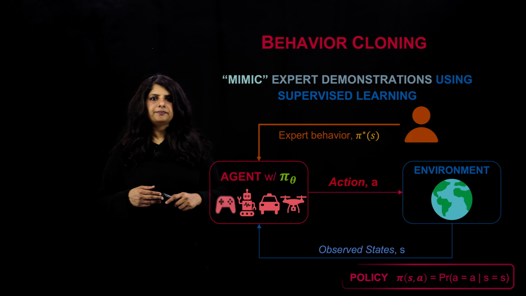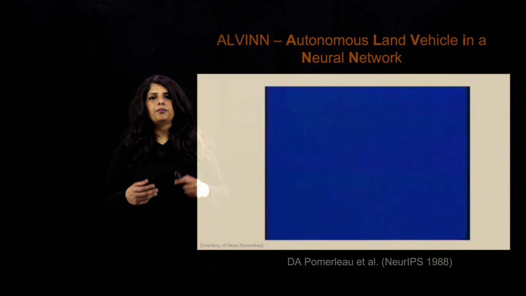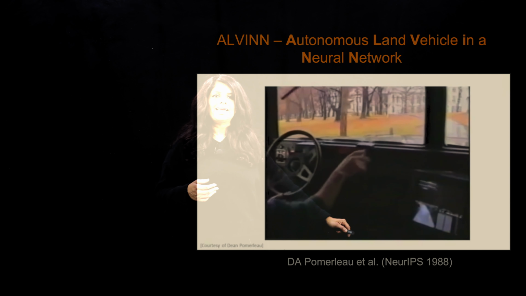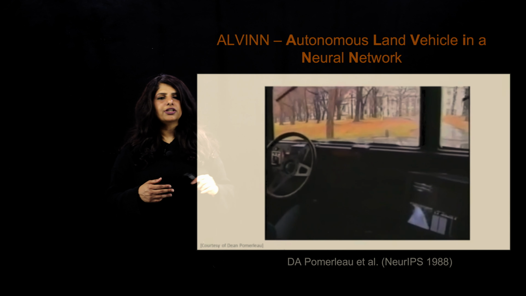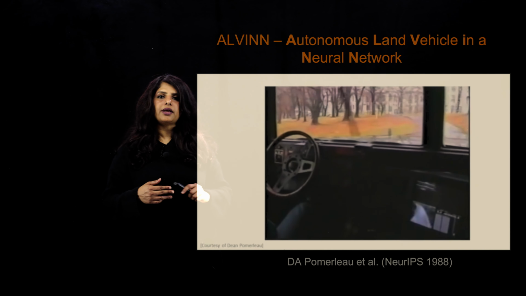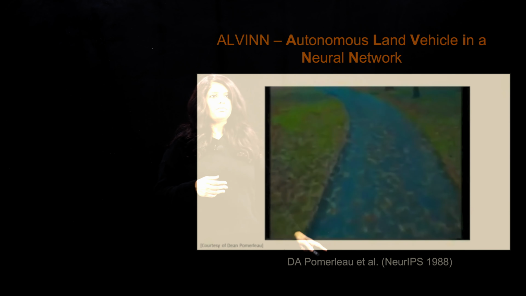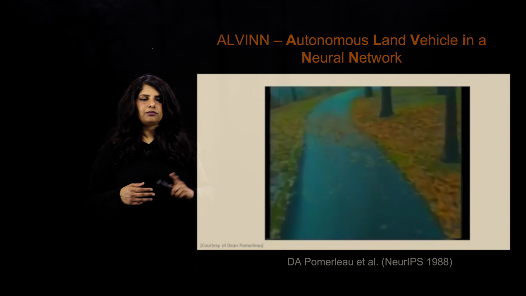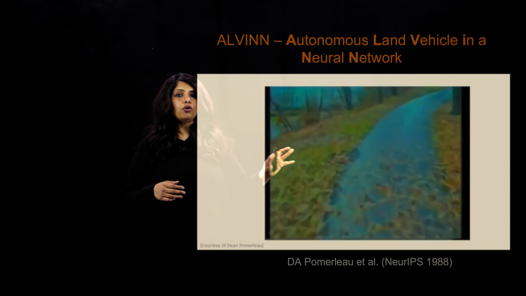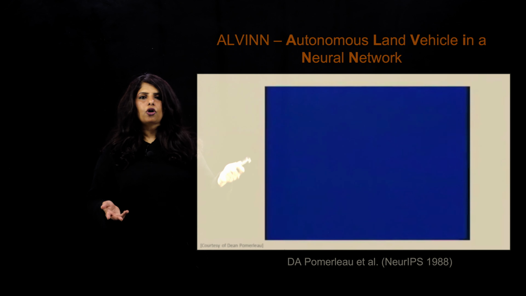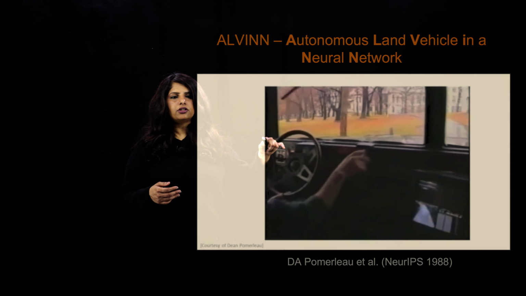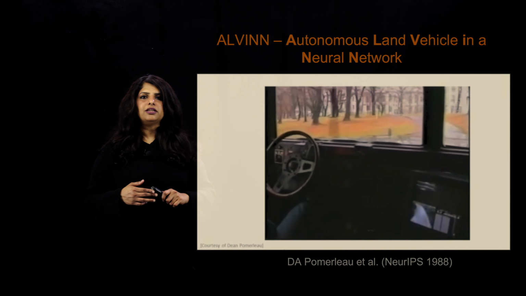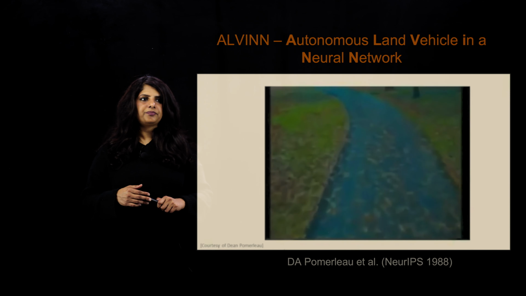When we look at the literature for behavior cloning, one of the oldest examples comes from way back in the 1980s. This is a project called ALVINN, which comes from Carnegie Mellon University. Dean Pomerleau showed that when they made use of behavior cloning on NavLab, which is an autonomous test vehicle for following the road, they were able to execute autonomous policies where the agent, here the autonomous test vehicle, is able to follow the road after being trained on simulation-only data.